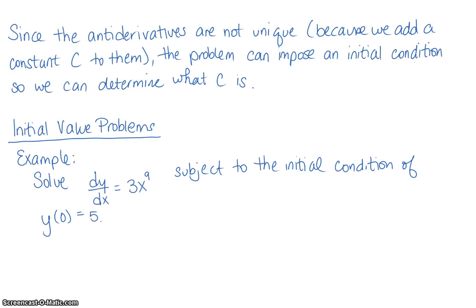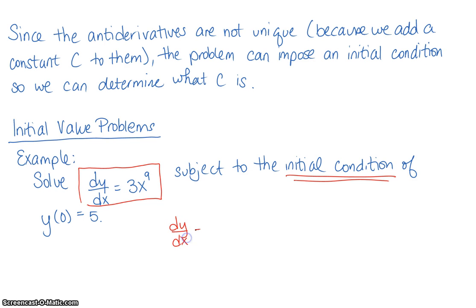And what we've looked at so far are general antiderivatives, where they have a constant c that has been added to it, which means there's technically infinitely many possibilities for c. So there's infinitely many possibilities for the antiderivative. Some of the problems you'll see will actually involve initial value problems. They want you to solve this statement here subject to an initial condition. In this case, the initial condition is that the function has an input of 0 and an output of 5. So in order to do this,